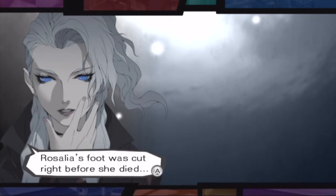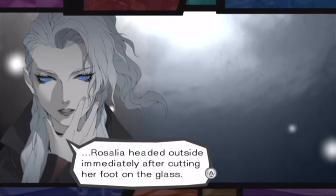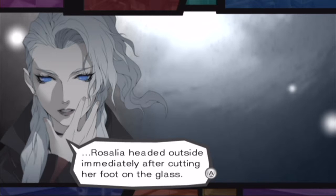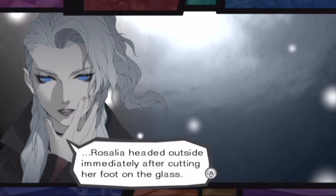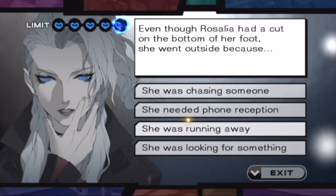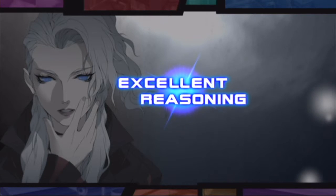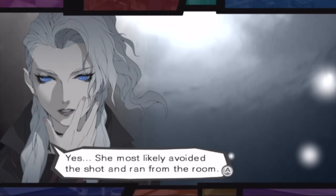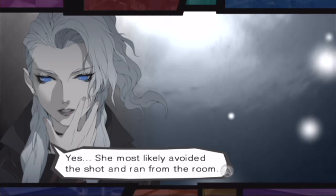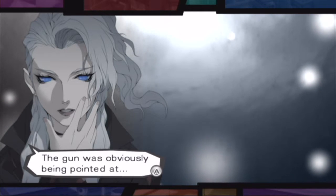Rosalia's foot was cut right before she died. Given the fact that there aren't any more bloodstains from her inside the room, Rosalia headed outside immediately after cutting her foot on the glass. In other words, she was running away. Yes. She most likely avoided the shot and ran from the room. The gun was obviously being pointed at...